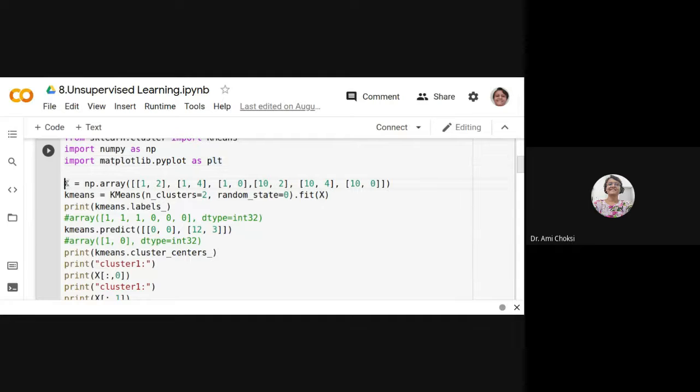First of all, we are giving the X, that is our training data, equal to np.array. That is, we are creating a np array. Now here we are specifying the data which is having two coordinates, x and y coordinates, right? Let us say for student data, you can say name and enrollment number, right?